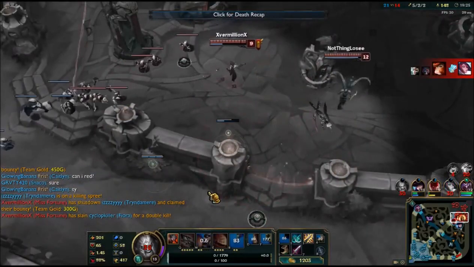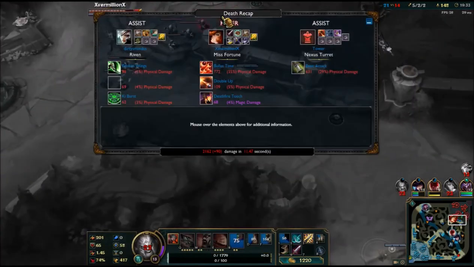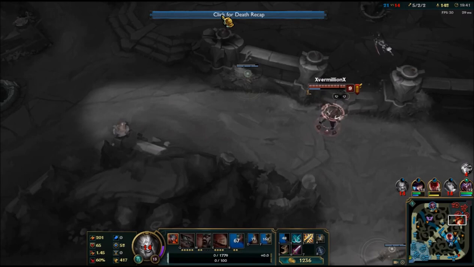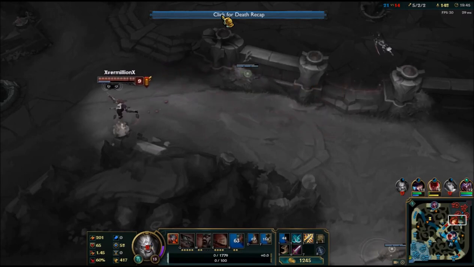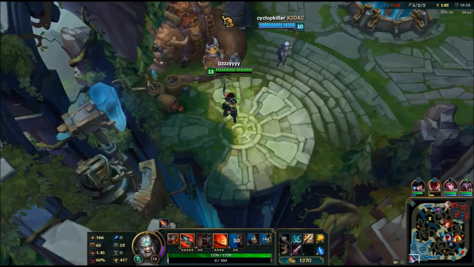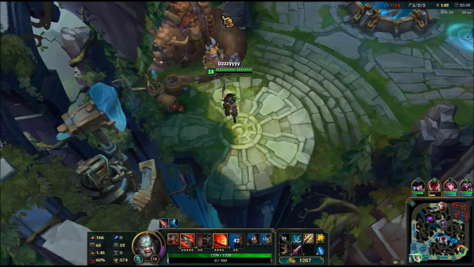So do play this Tryndamere mid. It's very good, very fun as well. I like playing Tryndamere. Static Shiv's a great item on him. I know I've said it before. You can do a lot of builds. You can do Frozen Mallet. You can even do, I do want to try Trinity Force on him. I think that would be quite a good item, with the attack speed